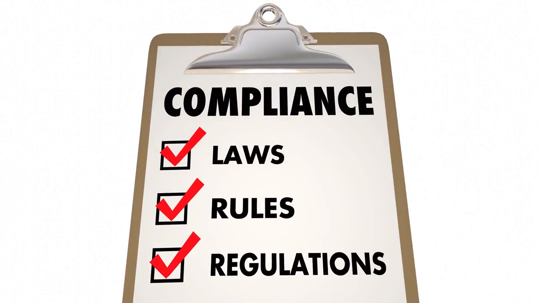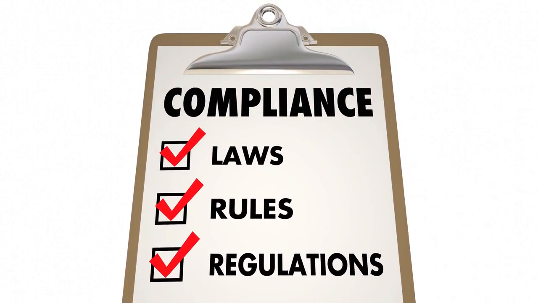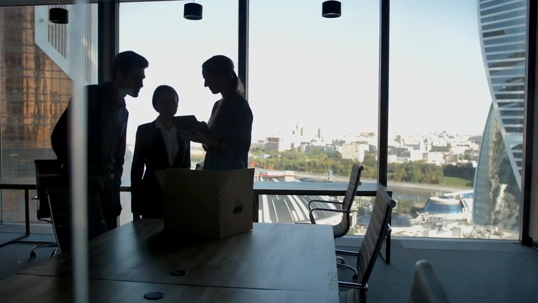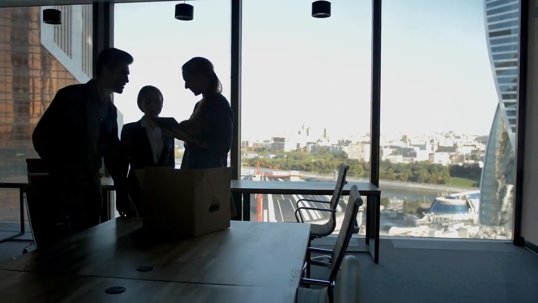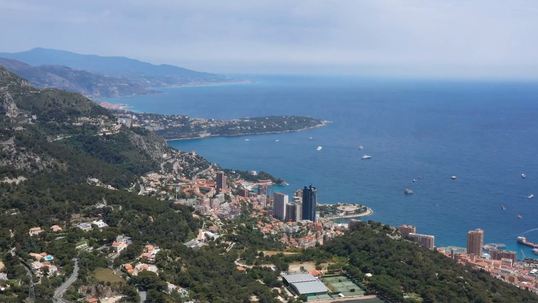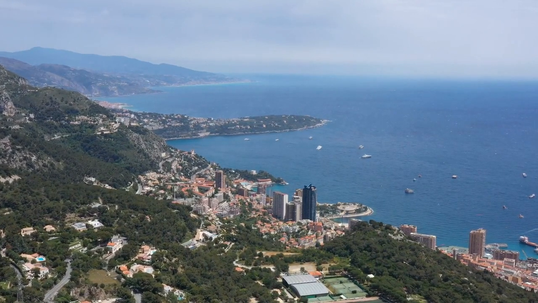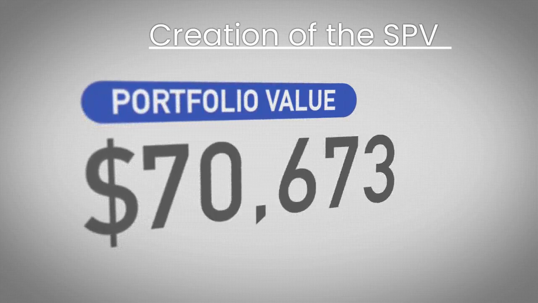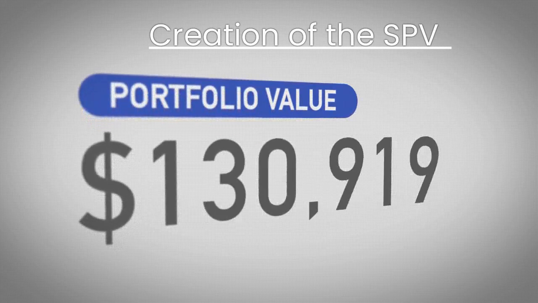An example of how a special purpose vehicle, SPV, can be utilized in money laundering activities is through a complex layering of transactions and the use of offshore jurisdictions. Here's a hypothetical scenario to illustrate this. Let's say a criminal organization wants to launder illicit funds earned through various illegal activities. They set up an SPV, typically in a jurisdiction known for weak financial regulations and secrecy, such as a tax haven.